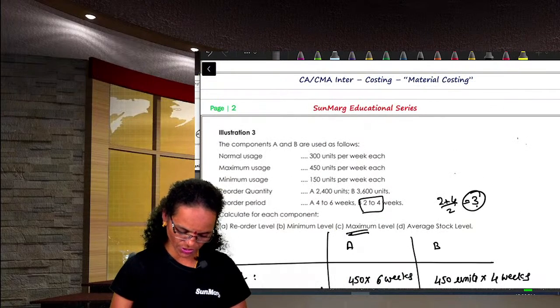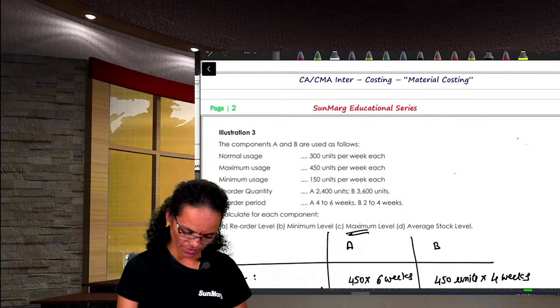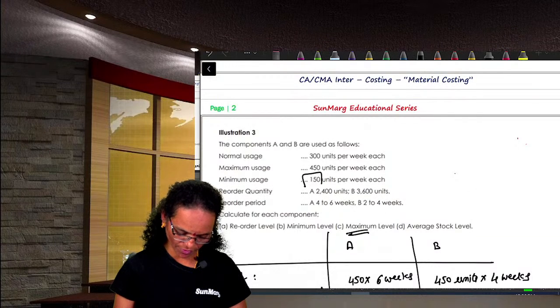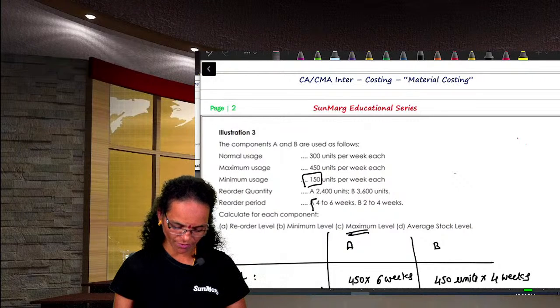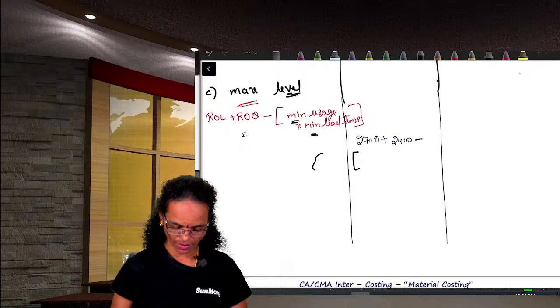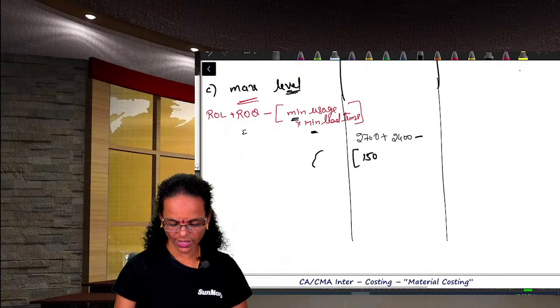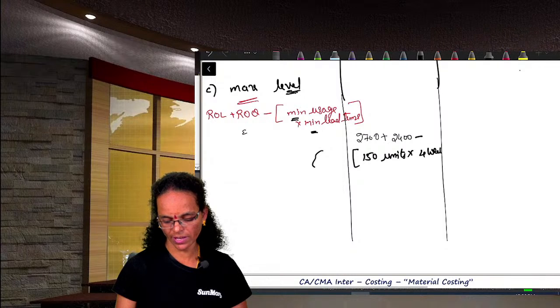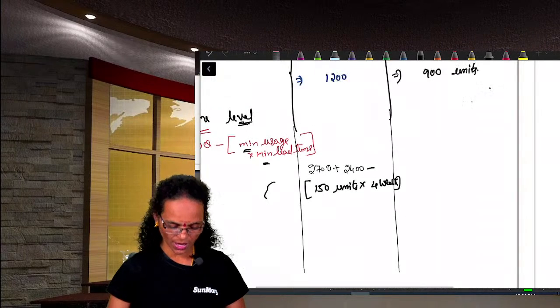Minimum usage is 150 units. Minimum lead time for A is 4 weeks, for B 2 weeks. So 150 units into 4 weeks for A, and for B